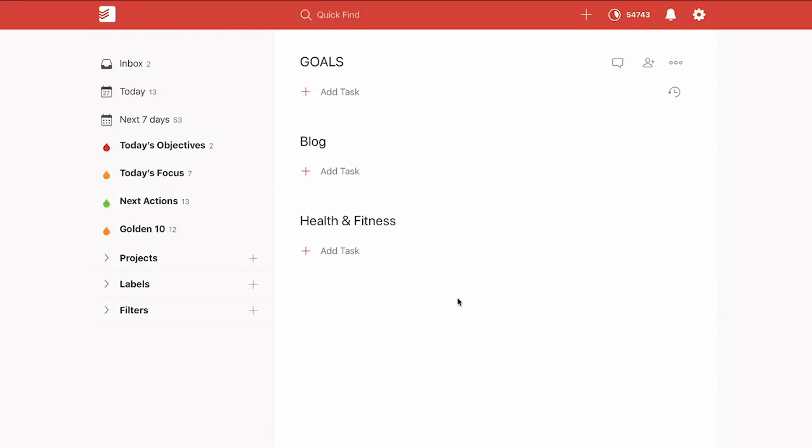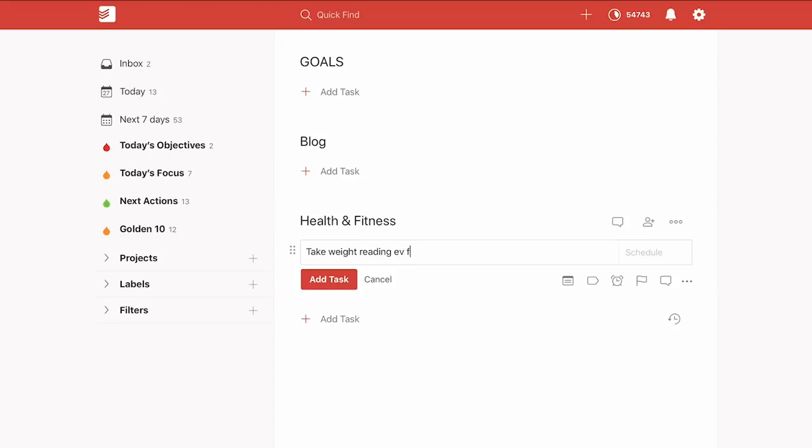So let's start and look at the first one. Now what we're looking for is to develop the right kind of habit. So we'll start with health and fitness first. Let's say that your goal is to lose weight. One of the ways to lose weight obviously is to track your weight. So we'll create a task, take weight reading